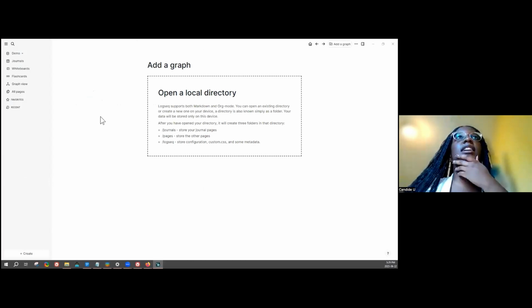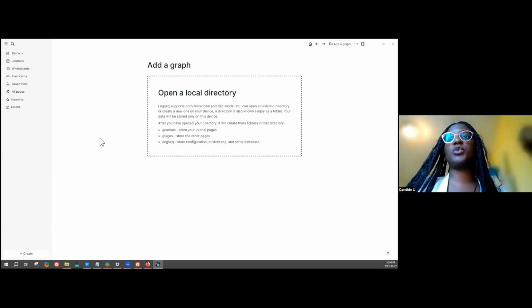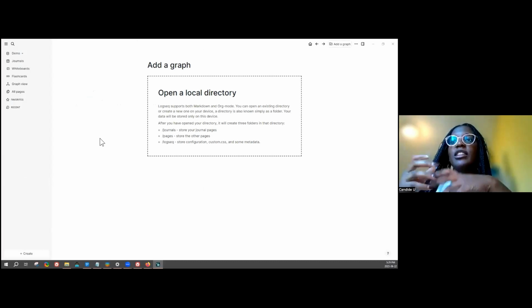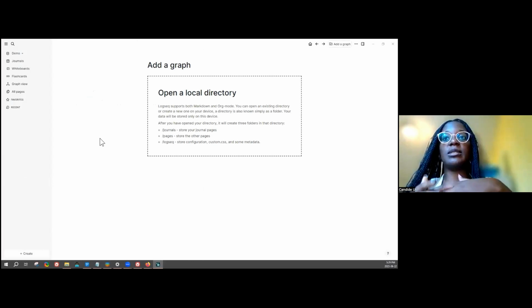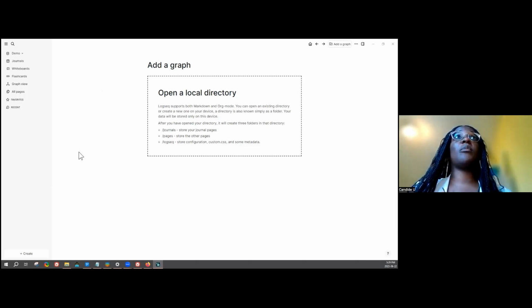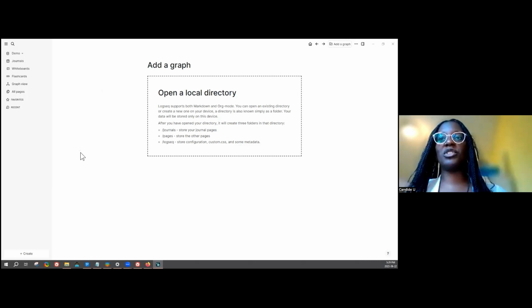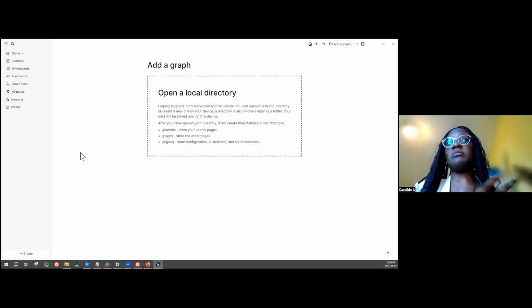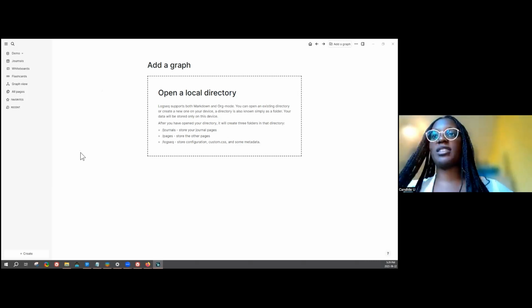Logseq is basically a note-taking app. It's part of a suite of tools that people call Second Brain, or digital knowledge gardens. So maybe you've heard of things like Roam Research or Obsidian or The Brain. Logseq is very similar to that, but it's open source, which means that the source code for the program is open. It's very flexible in terms of making modifications. So today I will start off with just talking about how it works in general, how I use it in my own project, and maybe give you some ideas on how you could use it on your own projects.